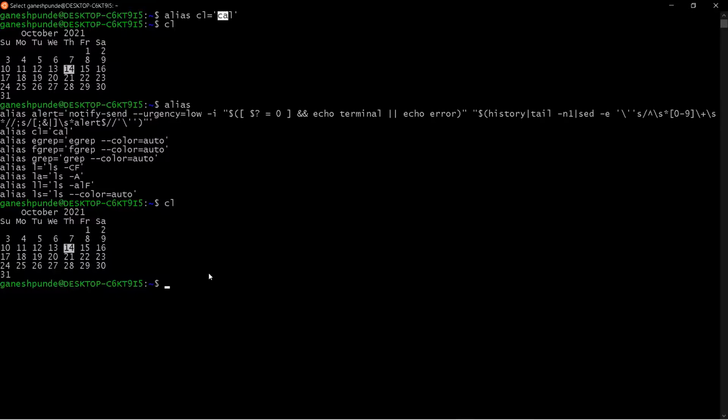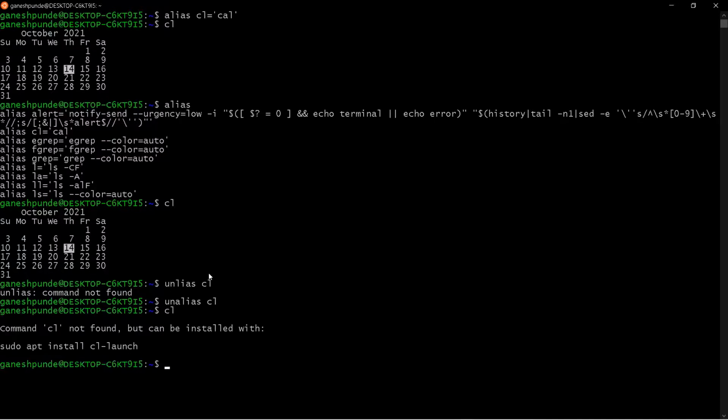Now, if you want to remove the alias, what can you do? You can say unalias and the alias name. The alias name in our case is cl. So, unalias cl. Now if you use cl, it says cl not found, meaning command not found, because we already removed the link of the original command to the alias name by using the unalias keyword.